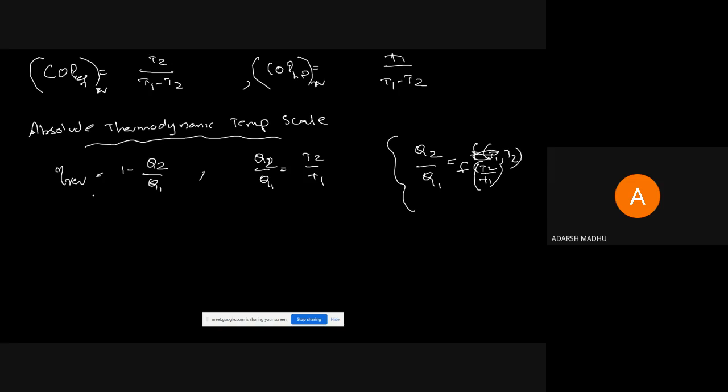So it will never become zero. The particular T2 by T1 value, or T2 against the absolute thermodynamic temperature scale, will never be equal to zero for a finite number of processes. It will never become zero for a finite number of temperature processes. That is simply called the third law of thermodynamics. The third law of thermodynamics simply states about the absolute thermodynamic temperature scale or absolute temperature scale.